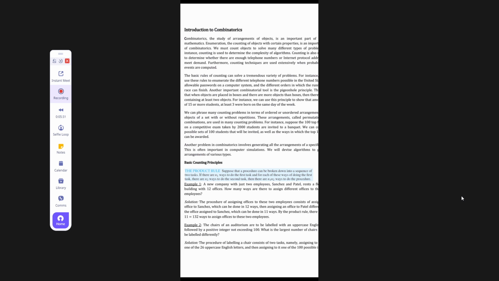First task is you count the number of rows, and then the second task is for each row how many seats do you have. So suppose if there are 10 rows and each row has 20 seats, then you will immediately say the total capacity of the movie hall is 10 into 20. Okay. So this is a very simple, straightforward application of